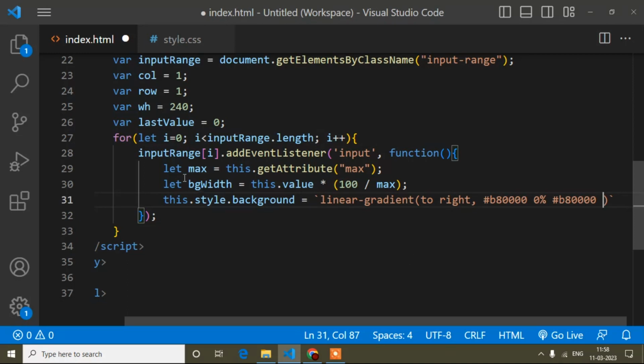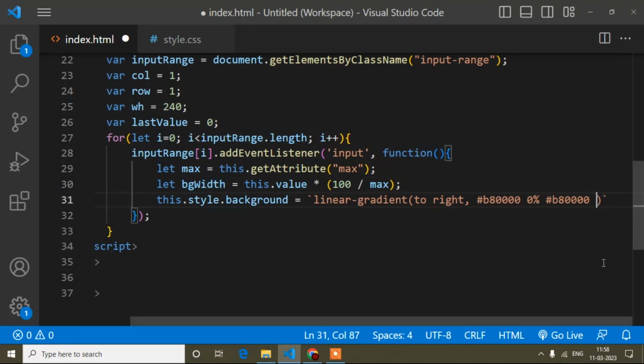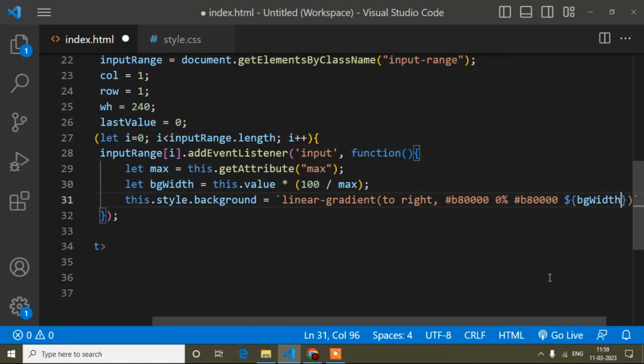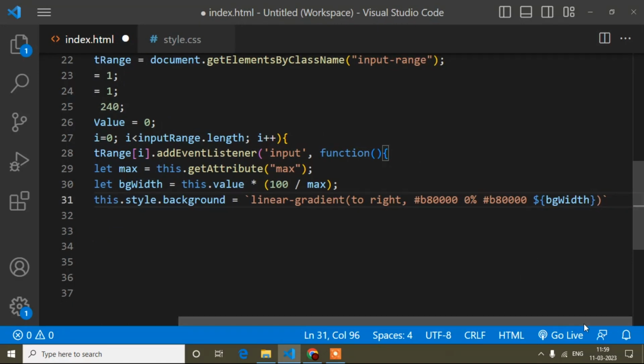So here this is the variable, this is not a string. That's why I have to write this syntax, so it easily denotes what is the string, like this. Guys, if you have any doubt, you can write in the comment section. And here percentage. Now, which part is not filled?